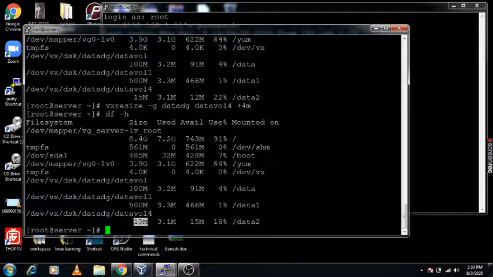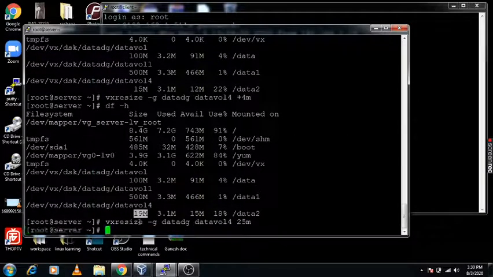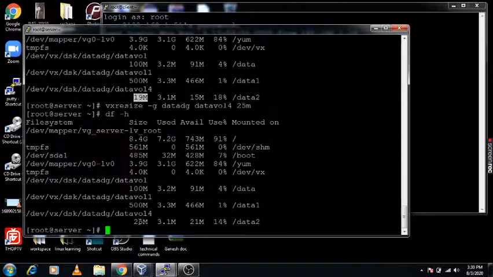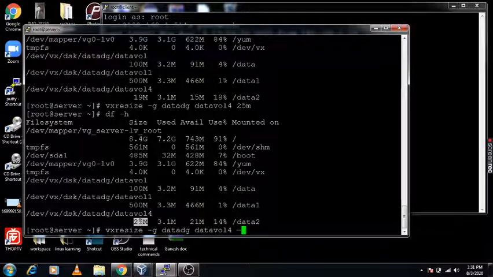If I want to make it 25 MB using grow to, then use the same command and specify the size 25M. This is grow to, and this is 25 MB. If I want to do shrink by, that means if I want 16 MB, then I need to reduce by minus 9M.